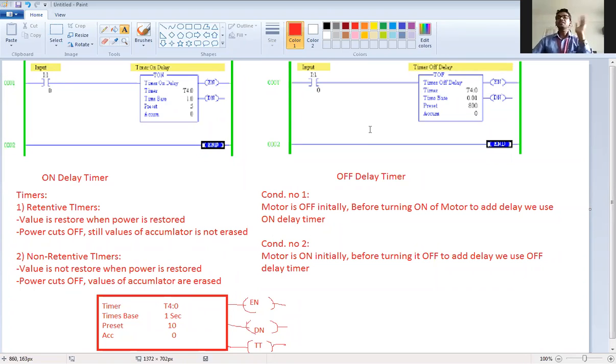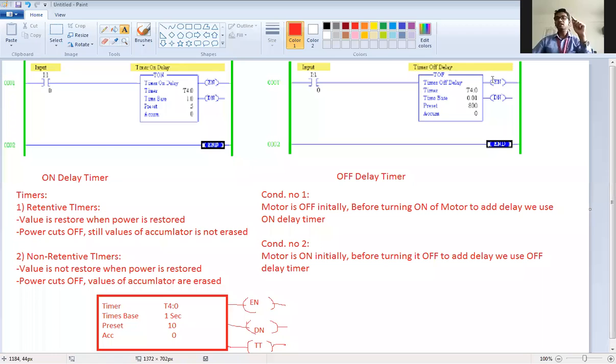So in preset, you write the maximum value, whatever delay you have to give. And the accumulator, in most cases, is initially 0. You can write something in it. Suppose in the off delay timer, the second condition you can see here, preset is 200.